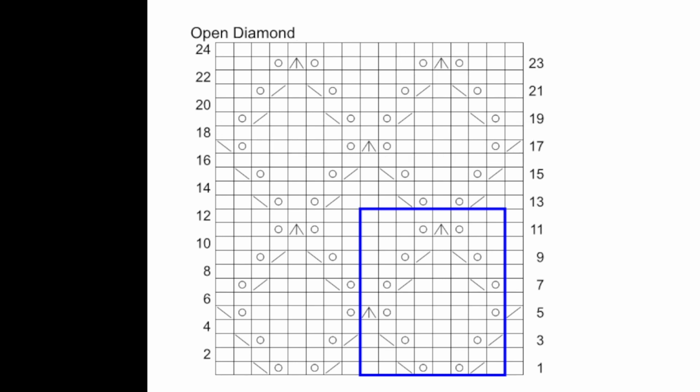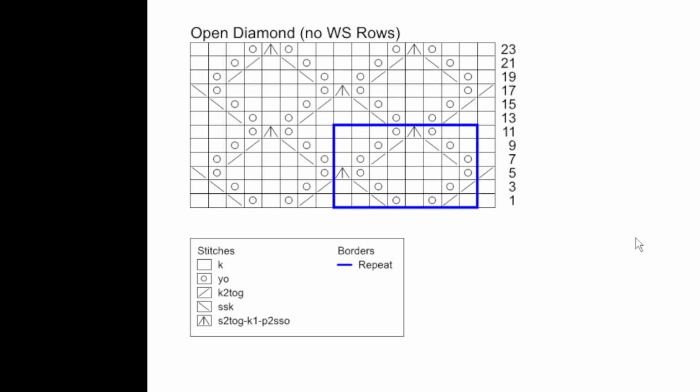With lace knitting, sometimes the wrong side rows are labeled and shown. Sometimes they are not, like so. So this is the same chart without the wrong side rows because all they are is purl across, right? So the wrong side rows are eliminated and only the right side rows are shown in this chart. Now this chart becomes something not quite visually representative of what the actual knitting will look like. This squashes it vertically because half the rows are removed.